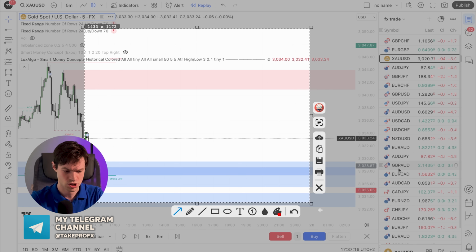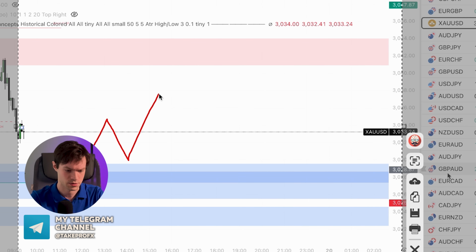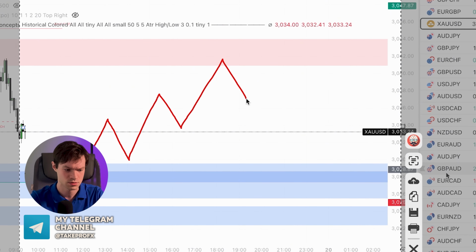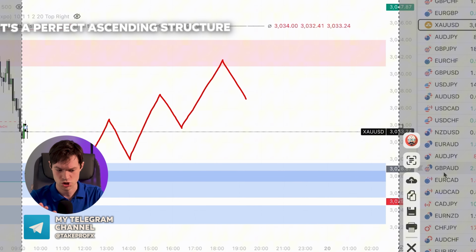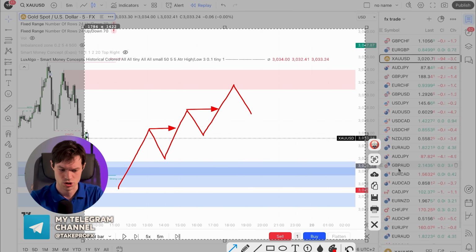Now, on an empty chart I'm going to draw you an ordinary, even perfect ascending structure. We have a top, correction, top again, correction, top, correction. It's a perfect ascending structure because every time the maximum on the chart is updated and the minimum is higher than the previous one. This is a valid upward structure, and each of these minimums is valid because after this minimum we have a move that updates the last maximum.